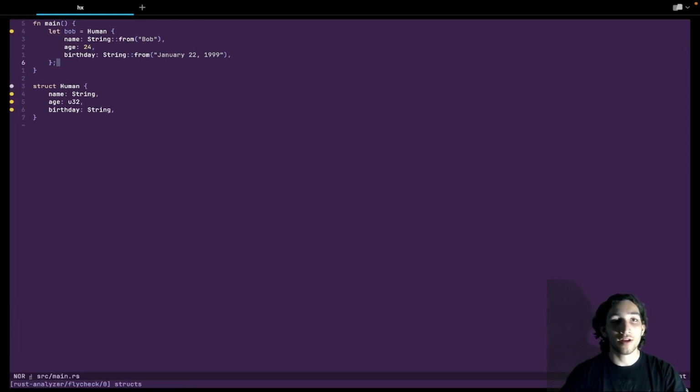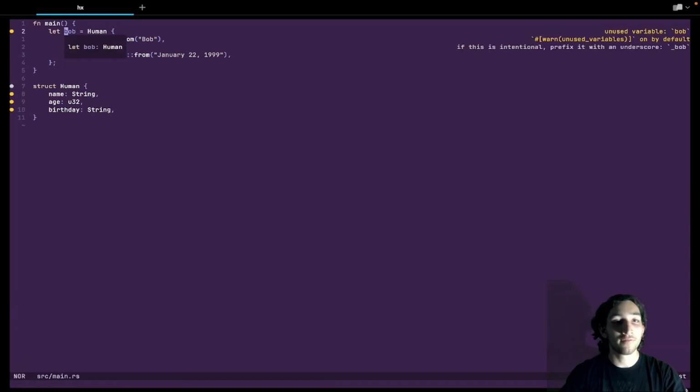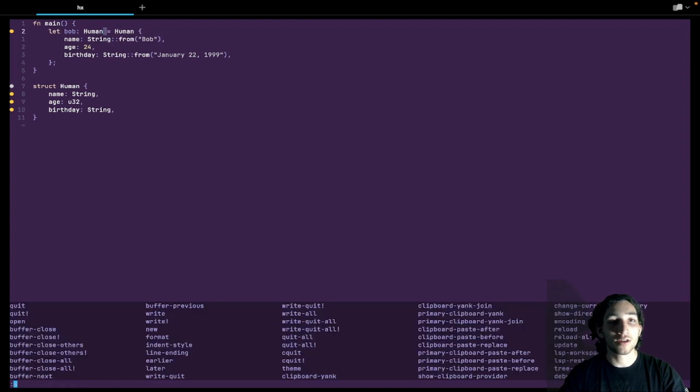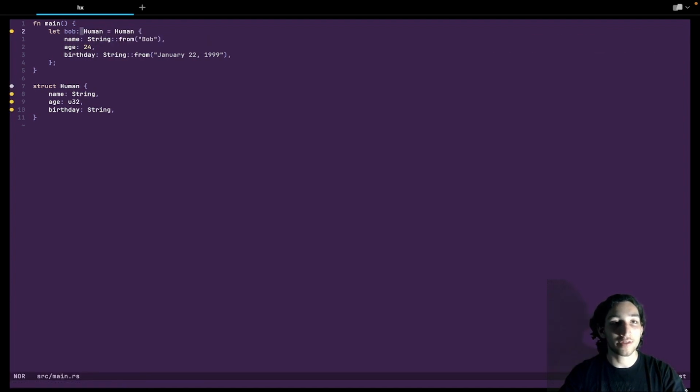Now that we've created this instance named bob of Human, if you notice, the type here is Human, just like the name of the struct, because remember that the struct is a type and it's a way to create a custom type.